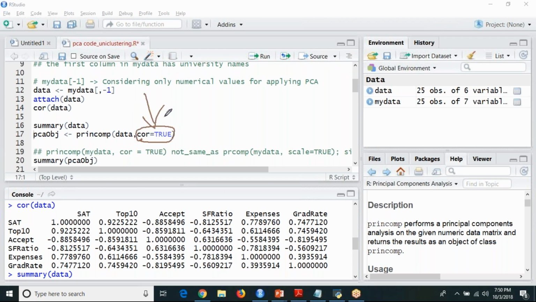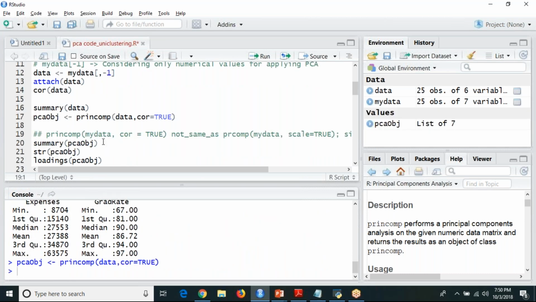That's the reason I'm writing COR equal to TRUE, and storing this algorithm in a variable called PCA OBJ. You can give any name, PCA model, whatever model name you want, you can specify. I have given it as PCA OBJ. I'm going to execute this line of code.